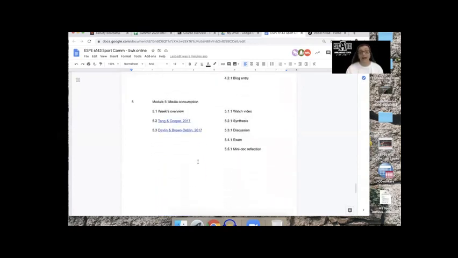And then on week 5, same mechanics as in weeks 1, 2, and 3. You read your assigned readings, you watch your videos, you do your synthesis, you do your discussion, and then instead of a quiz, you have an exam. And by then, you already got your feedback from your coaches about your documentary video.